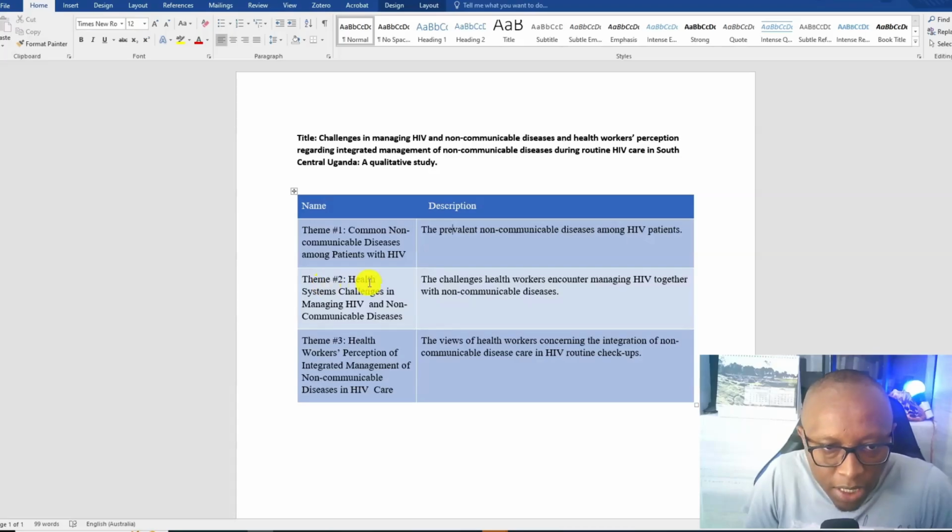The second theme is health systems challenges in managing HIV and non-communicable diseases. The explanation for this theme is the challenges health workers encounter managing HIV together with non-communicable diseases. We have the third theme, health workers' perception of integrated management of non-communicable diseases in HIV care. The description for this theme is the views of health workers concerning the integration of non-communicable diseases in HIV